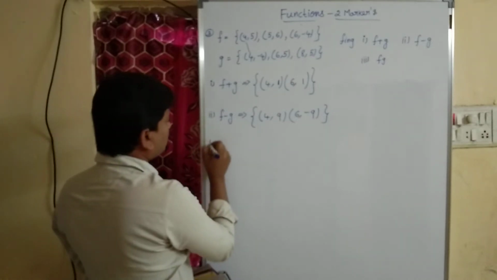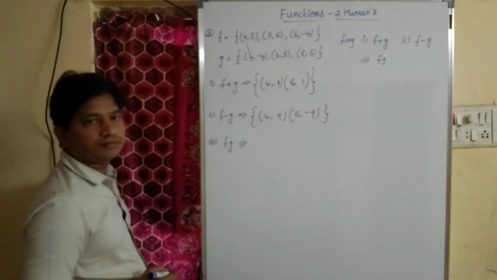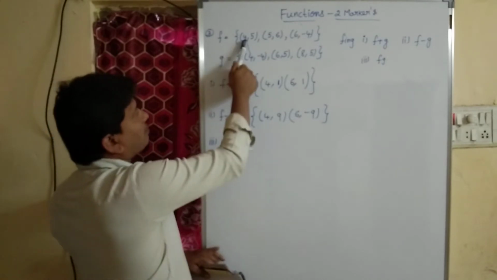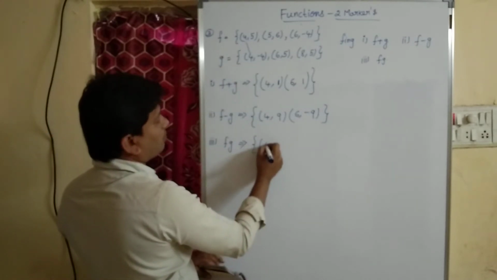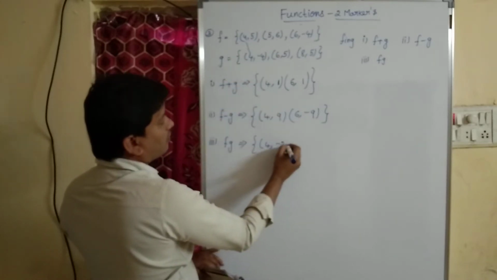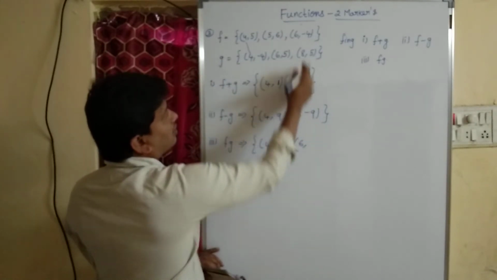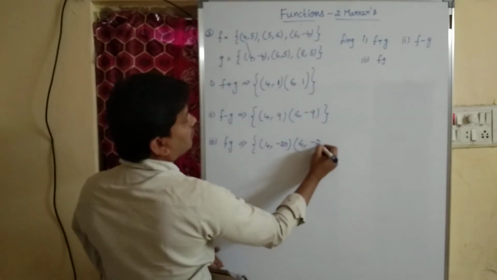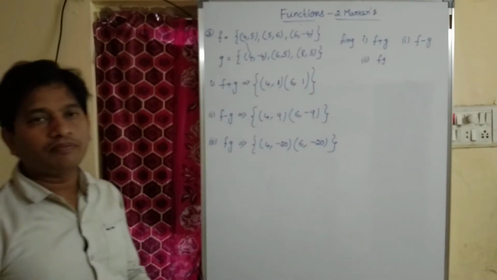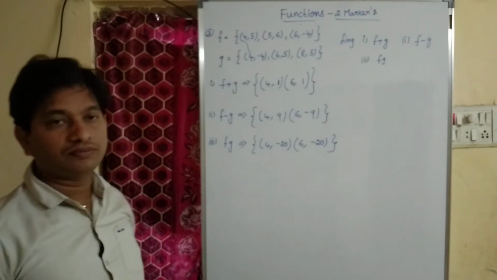Now the third operation, what is our third operation? Fg, I mean f into g. Fg, f into g. So domain same, as it is we need to put the domain, we should multiply the range. 5 into minus 4, 5 4s are 20. Again 6 domain as it is, minus 4 into 5, minus 4 5s are minus 20. Children, did you understand how to perform the addition operation f plus g, f minus g and f into g?